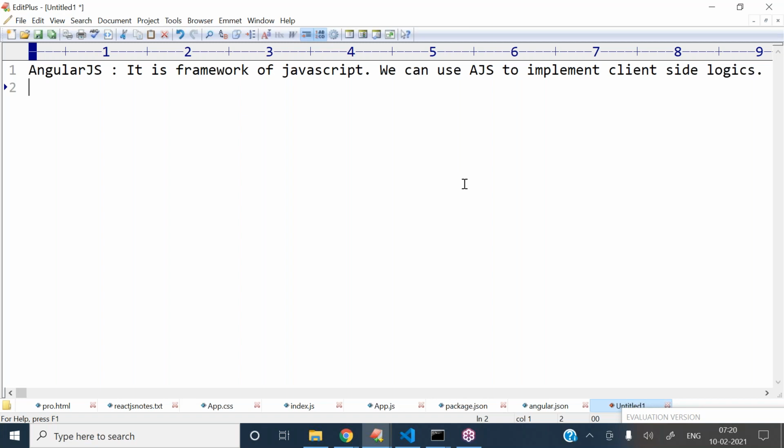Client side programming means what is that? Which is executing in browser. So the script we are calling as client side program. For example, validations and applying dynamic functionalities to the HTML controls, etc. These types of logics are implemented with client side.